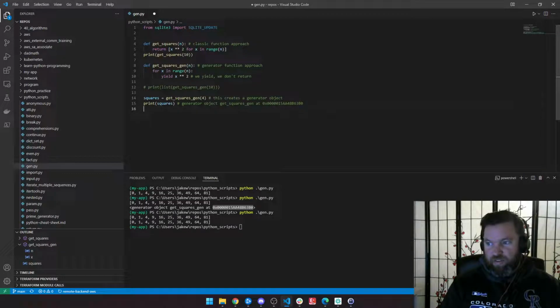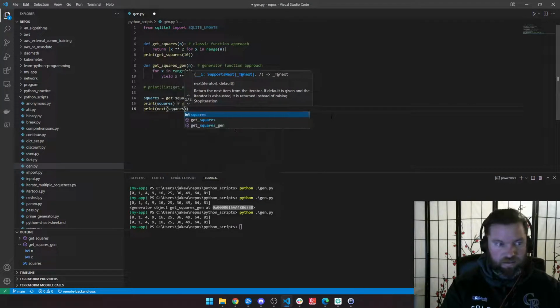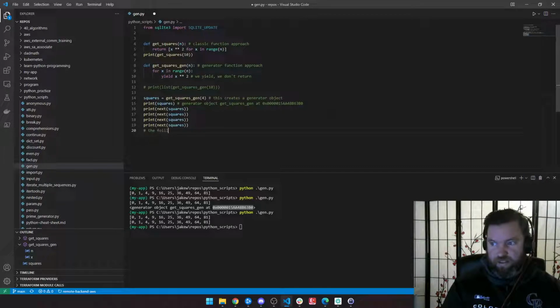So then what's going to happen is it's going to go print next squares. And if I just were to copy this, just this line though, 3, 4, and then here we'll say the following